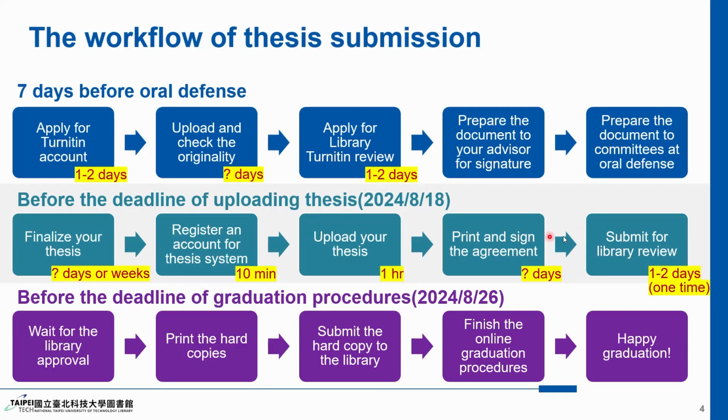There are three main stages to be aware of: before your oral defense, by the thesis upload deadline, and before the graduation deadline. Before your oral defense, you need to get your thesis checked for plagiarism. This involves applying for an account and requesting a library Turnitin review, which takes about 1 to 2 days for the library to get back to you. So, to make sure you stay on track, you should definitely start this process at least 7 working days before